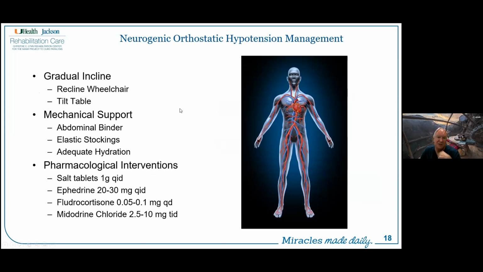So management strategies, as we bring folks to acute rehabilitation, we're going to provide mechanical support, including the abdominal binder. Now it's compressing not just the abdominal contents in and up against the diaphragm, but it's compressing those abdominal contents as well into the inferior vena cava. So it closes that down and allows for increased blood return back to the heart. Elastic stockings, not TED hose, we'll talk about that at a different time, but the actual compressing garments that are going to increase the blood pressure and make sure the person is adequately hydrated.